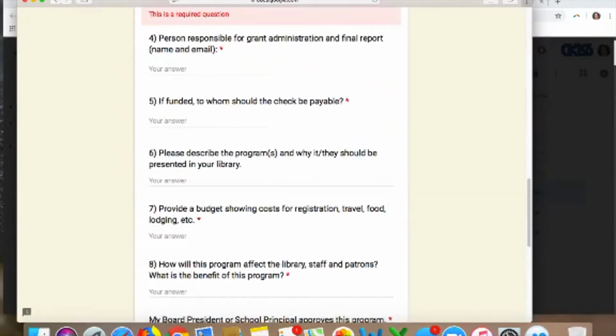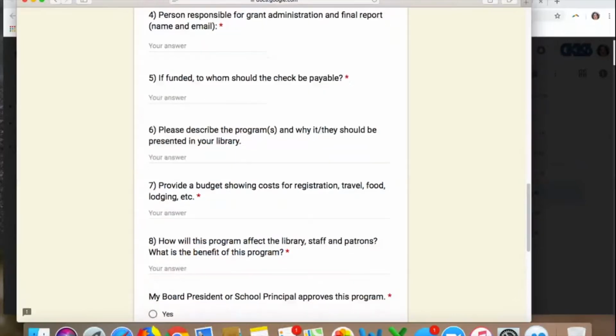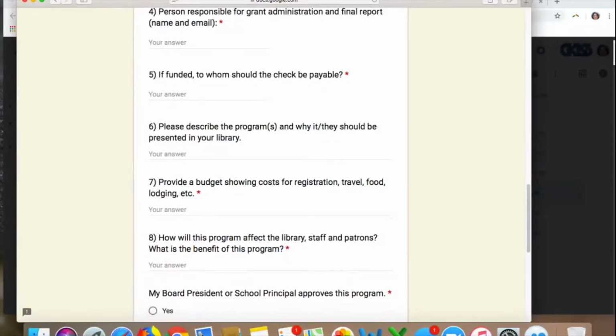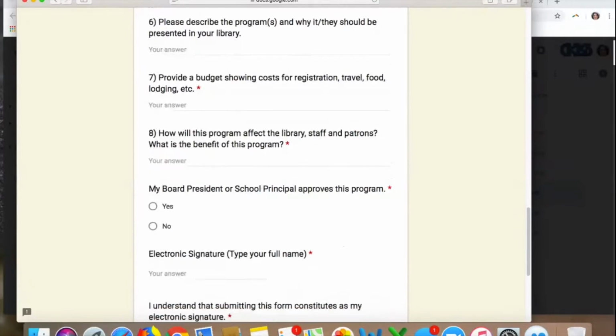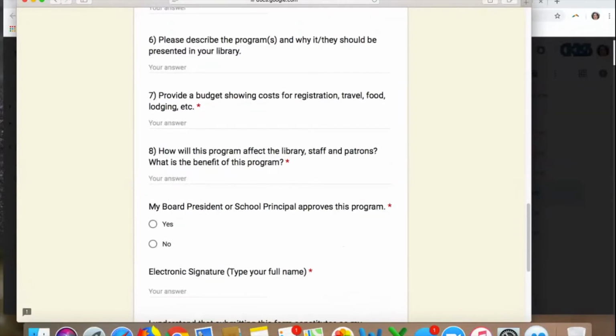We also have the basics. Who's responsible for the grant administration? Who do we contact for the final report? Who do we make the check payable to? And then we give you a space, and this is a paragraph form, so just because there's one line that you see here, you can actually type in as much as you need here. Please describe the program and why it should be presented at your library. We give you a budget,